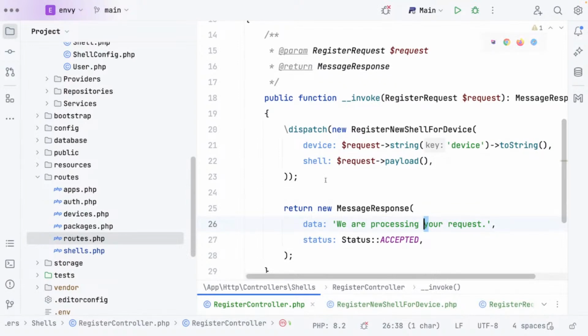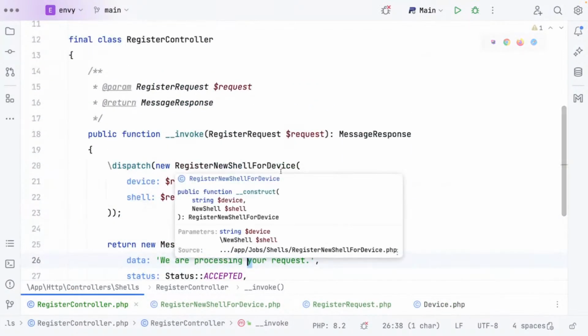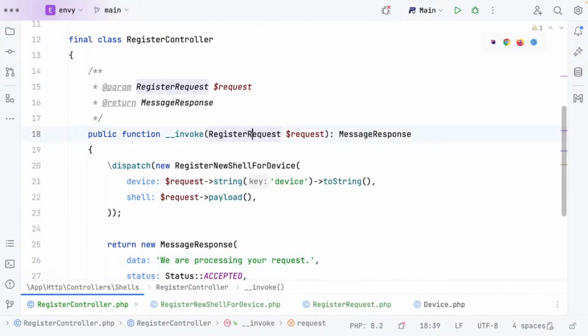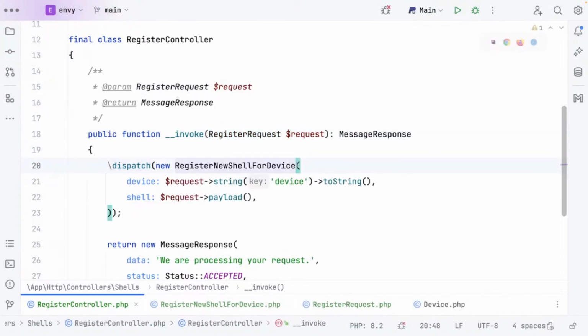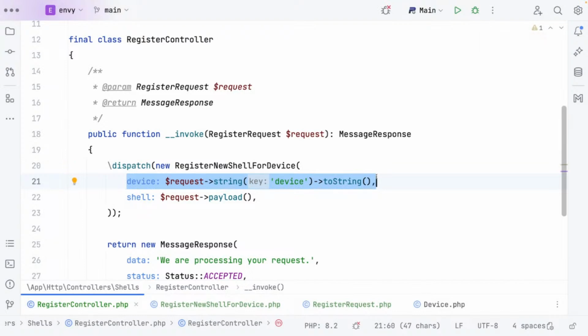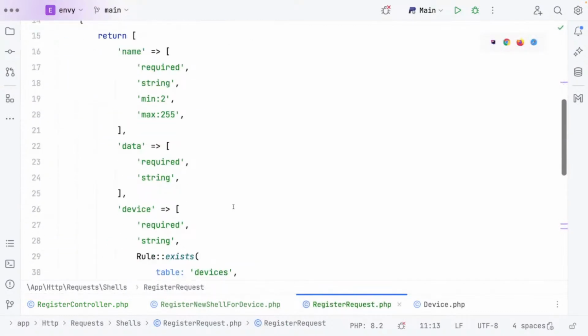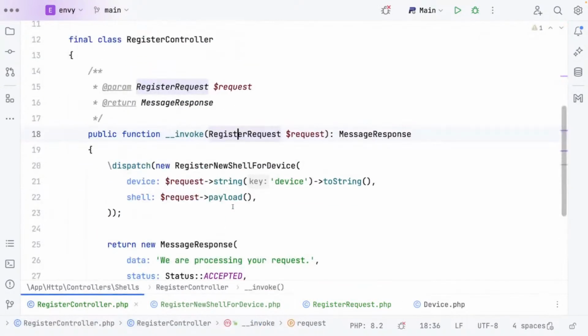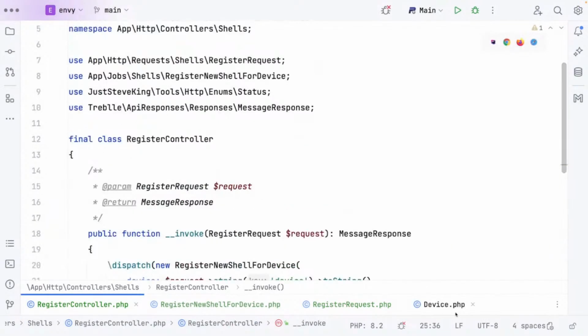But when you look at this code and you take over or start working on this API, you're going to come here and go, okay, so how do I register a new shell? Cool. Shells register, go to the endpoint. Okay, cool. So I validate it. Then I'm dispatching a background job where I'm registering a new shell for a device. Awesome. That's a device, and that's how I'm getting the device. That could change. Could use a header. We'll see. And then the shell is the payload from the request. I can click through and understand how that payload is built. And then I'm returning a response. We're happy with that. Awesome. So